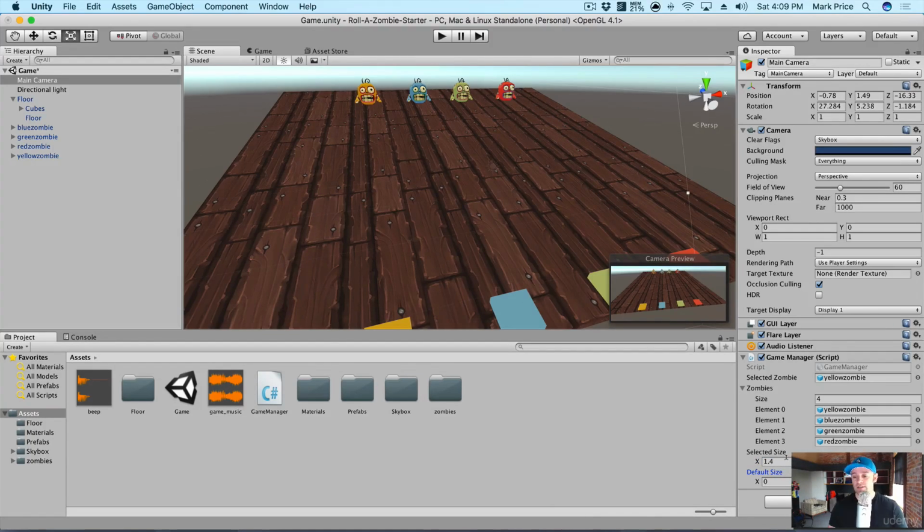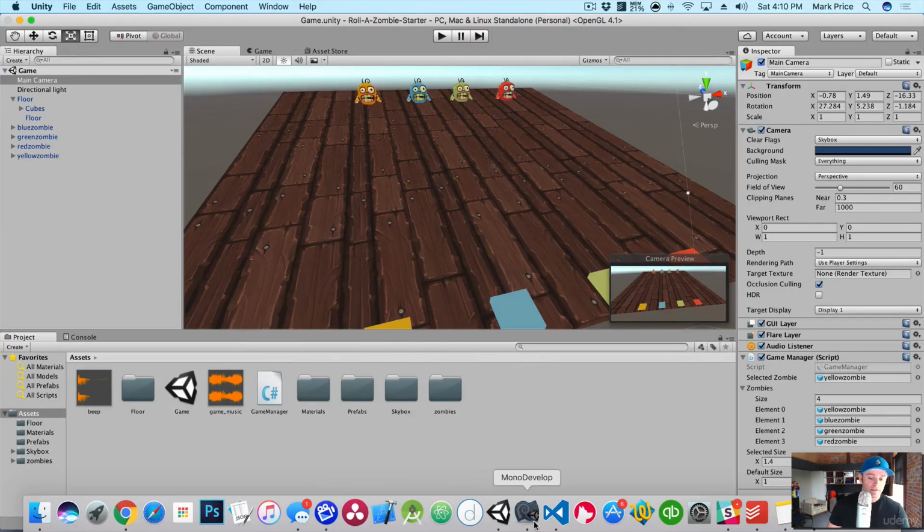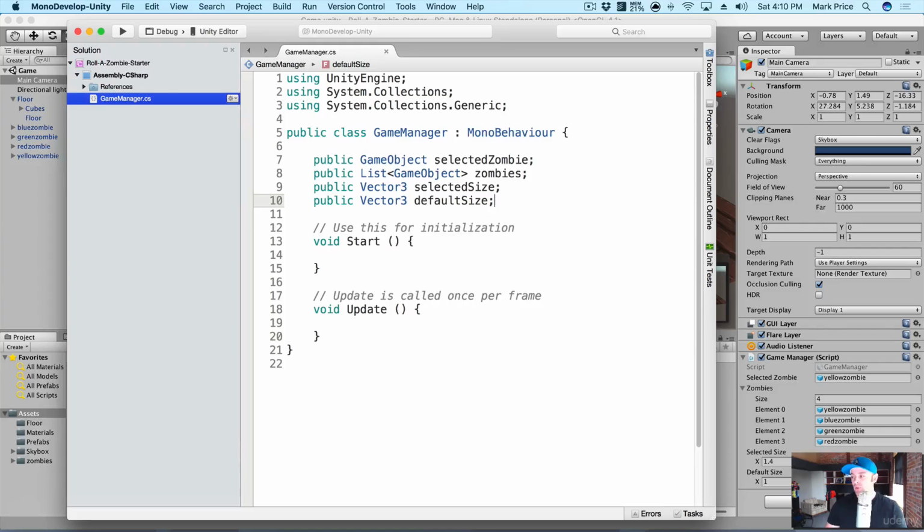And what I can do is the selected size, remember it was 1.4, press tab 1.4, press tab 1.4. That's the scale. We want it to be larger. And the default size is 1, tab 1, tab 1. So that's going to set the size of the zombies. Okay. Now if I go back to my code, okay,